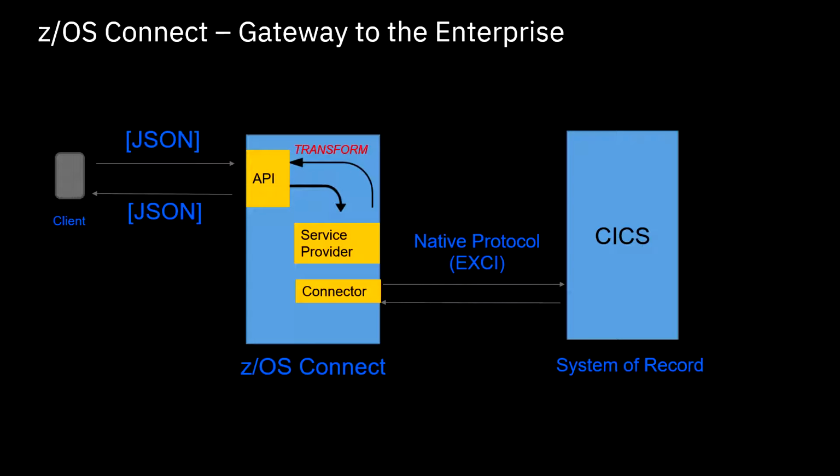z/OS Connect is an industry-leading mechanism for exposing legacy assets to the cloud and the internet. Truly the gateway to the enterprise, z/OS Connect implements RESTful APIs to and from your IBM Z mainframe. These RESTful APIs enable access to back-end programs, whether they be CICS, IMS, MQ, or other, in a manner which